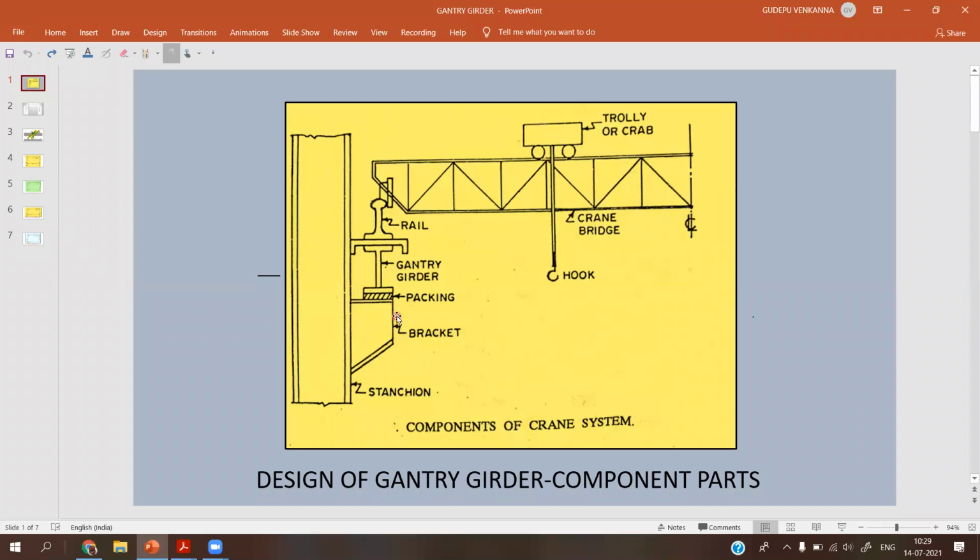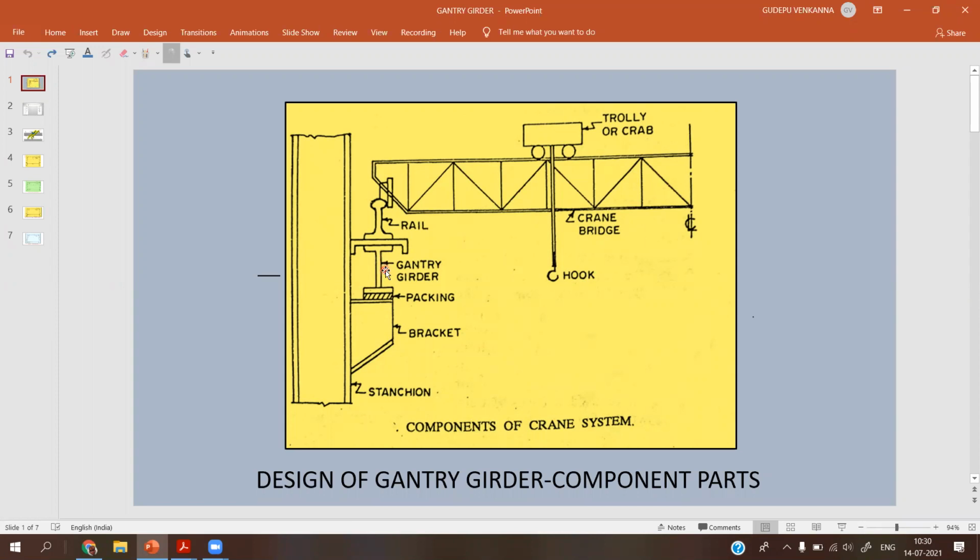So first we have to find this gantry girder section, which is a combination or built up section of a channel and I section. You know that in the design of beams, what we find first is the plastic section modulus. Whenever we know the plastic section modulus requirement Zpz, with that value we can choose the appropriate section. That is the basic starting step for the design of a gantry girder or a beam.